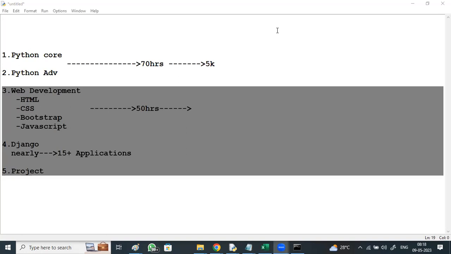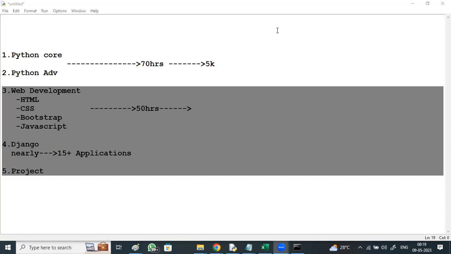After core and advanced, we can start Django also, would it be the same timings? For Django, most of the time it will be on weekends, Saturdays and Sundays, Saturday 2.5 hours, Sunday 2.5 hours, because these are the people who will go for full stack.